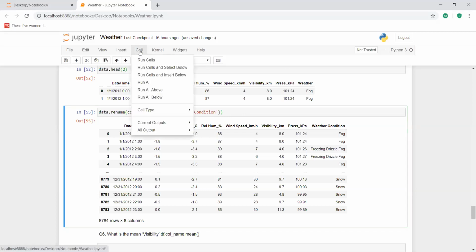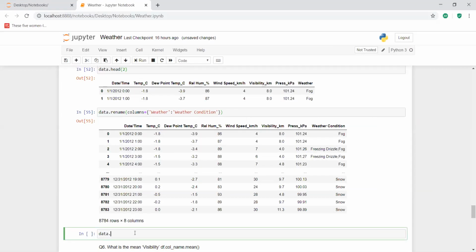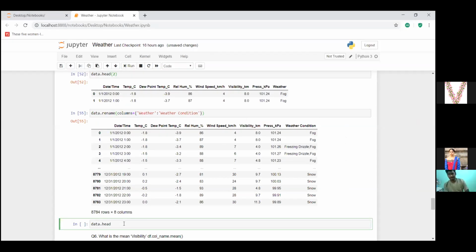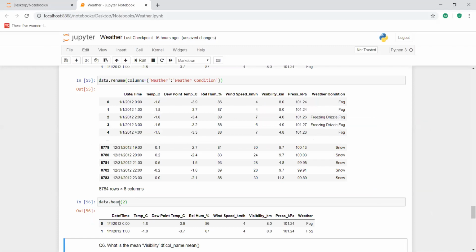So now let us check whether the change has been reflected in our data frame, right? For this, I'm going to execute this data command again. We will check our data frame here. You see here it is showing weather only, right?